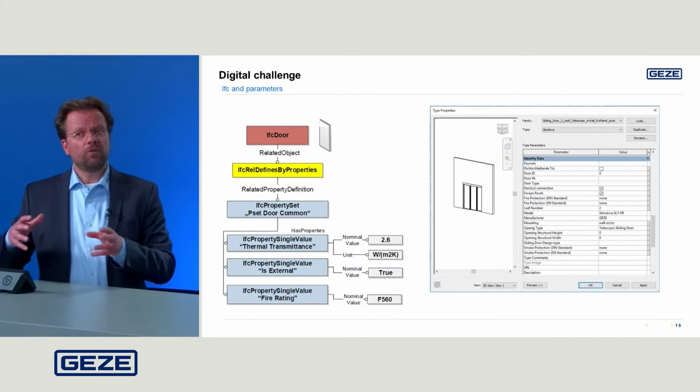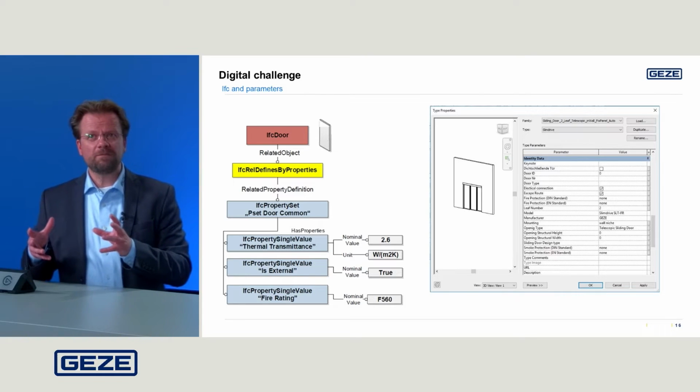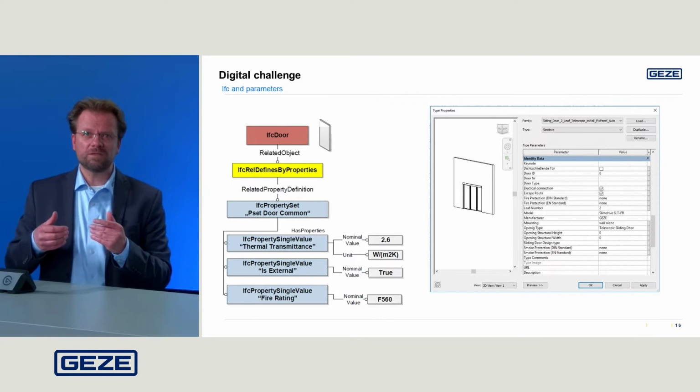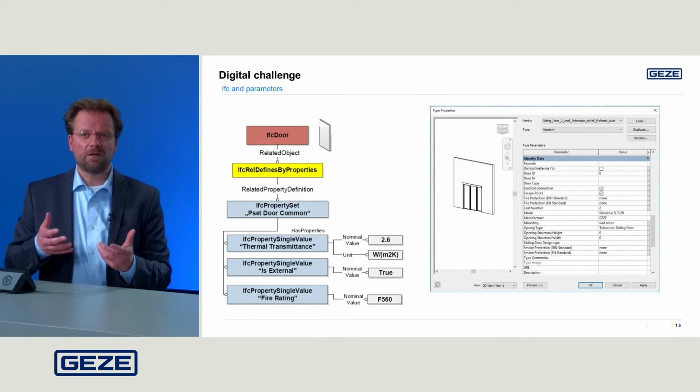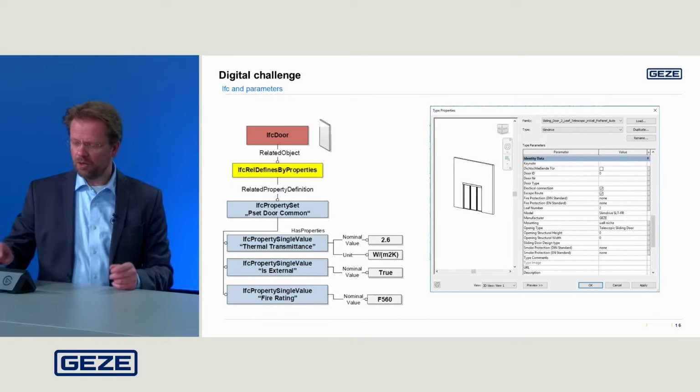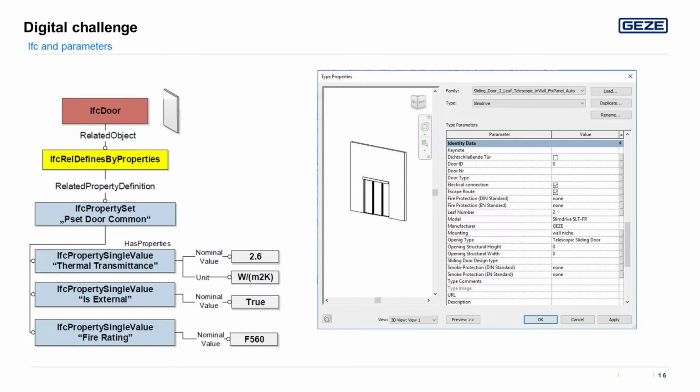So we thought about the application. And you may know the magical IFC format, but the IFC format, it's not rocket science.